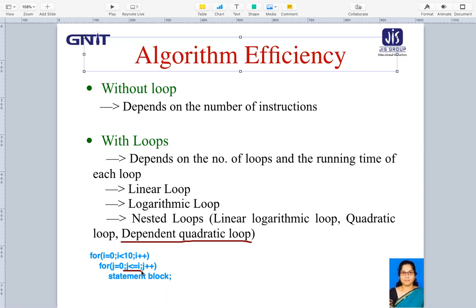So if we look at this, how many times will the outer loop be running? The outer loop will be running, because for i equals to 0 it is going to run one time. Then for i equals to